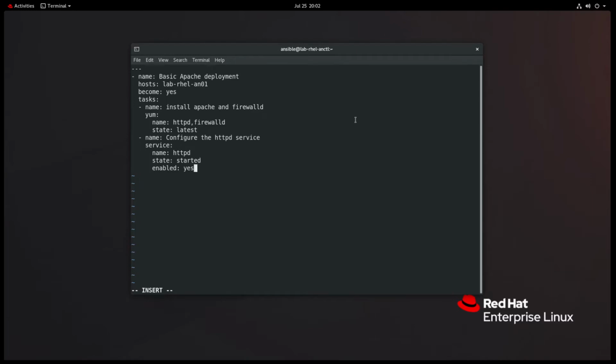both against HTTPD and Firewall D. And let's do that. So loop, and we're going to list in our loop. Remember, the little tack symbol is denoting a list. HTTPD and Firewall D. So we change this to the variable item,